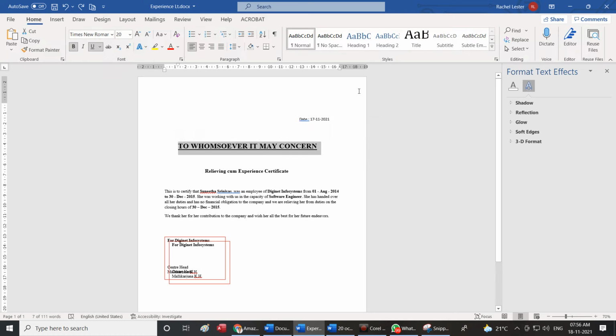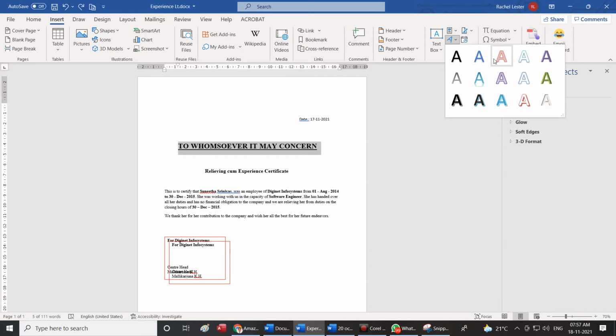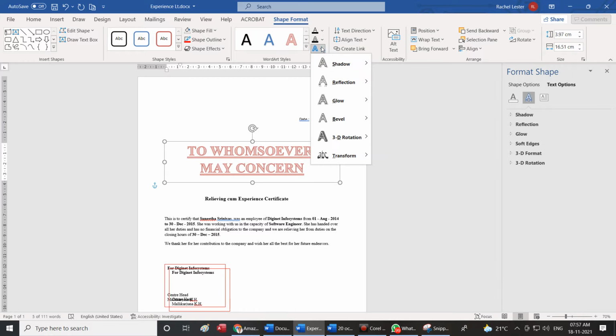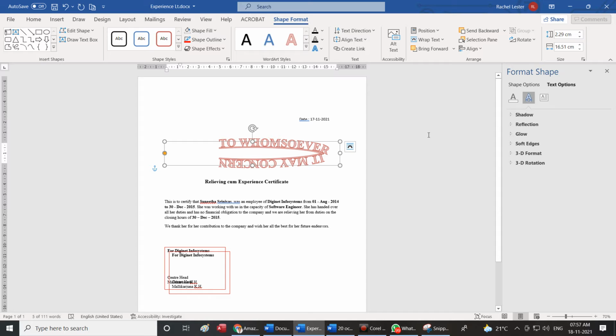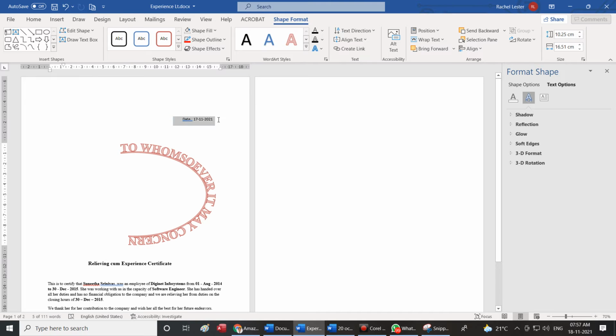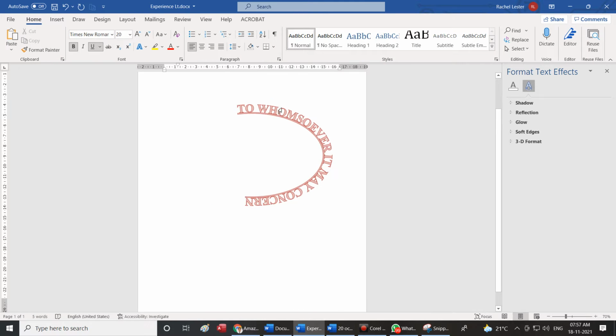See, here is a text. What I do, I first go to insert. I'll select it as word art style. It has been selected. Now I'll come to the circular and I want it to appear like this. I can make it appear like this. So I want you to create such texts as many as possible in different ways.